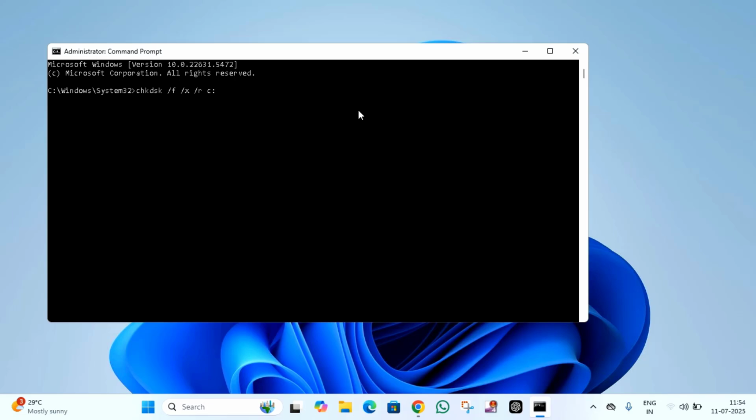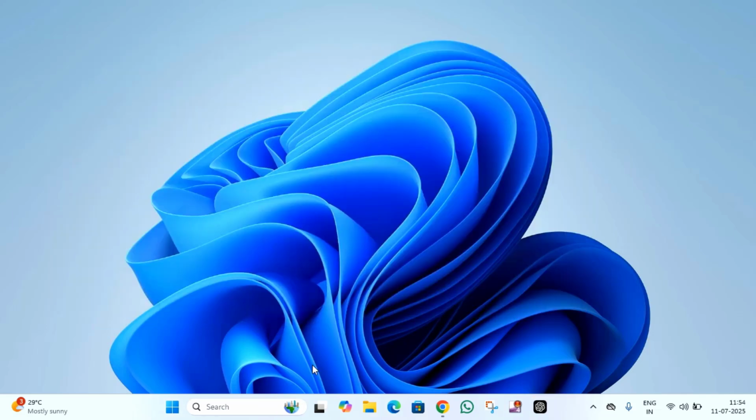and it will ask that your disk is in use. Just you have to stop it by pressing Y, then hit enter. After that you have to just close this window. After that your PC will restart and it will check all your disk and it will fix the issue of your disk automatically. This was method 1, and the second method is you have to just